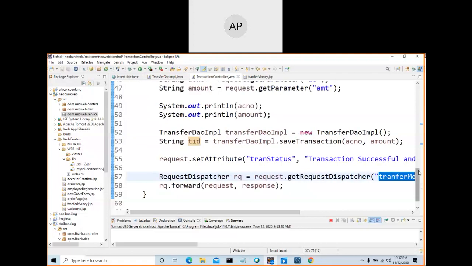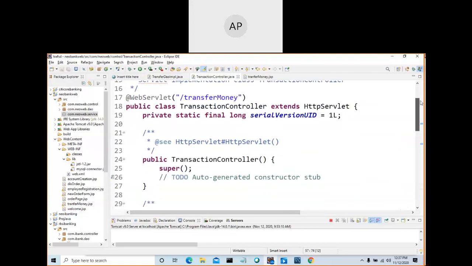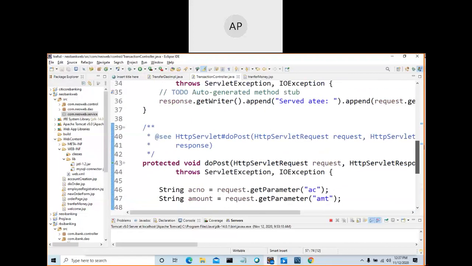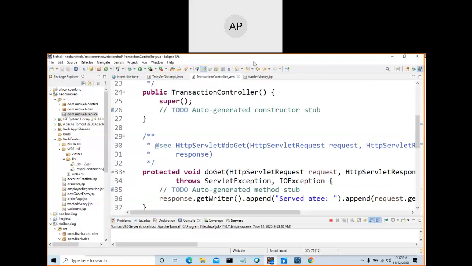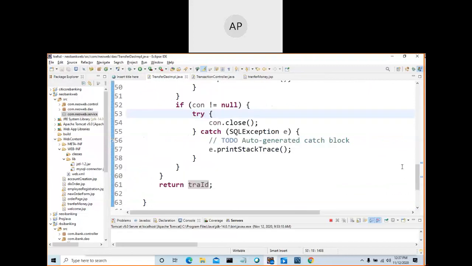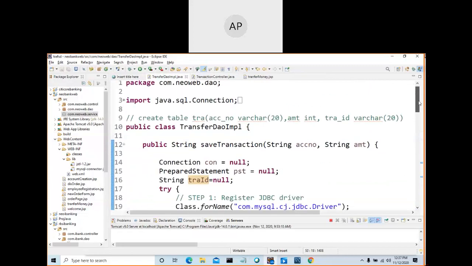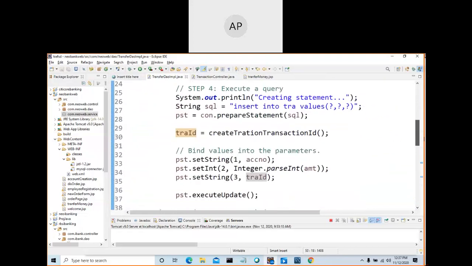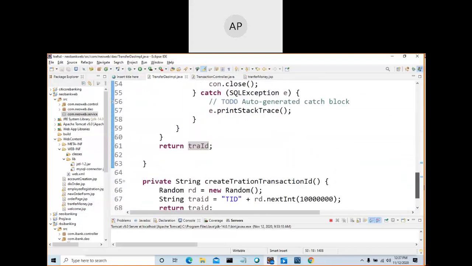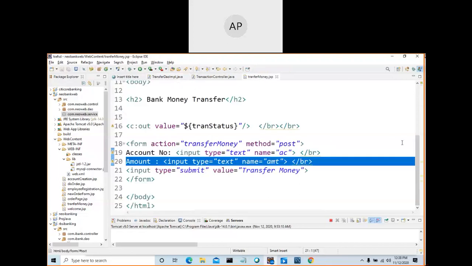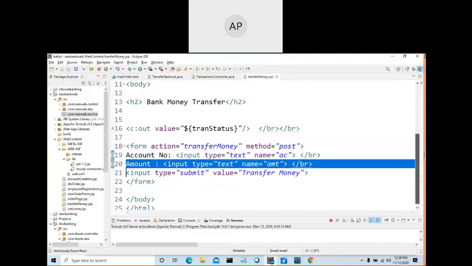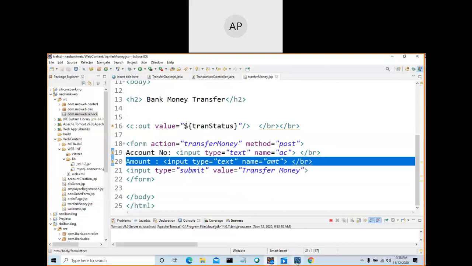And see here, I think it is not confusing you. That's all, nothing other than this. Around 8 to 9 lines of code. Here also there is only logic related to the database. See the entire class, that's all. Only one method. So when you see the JSP page, that's it.